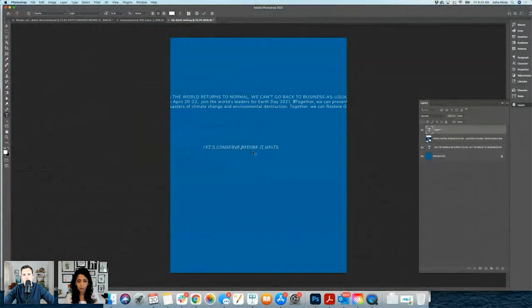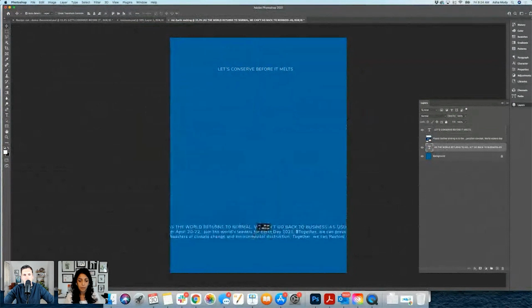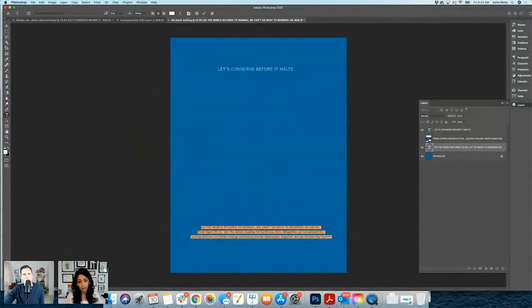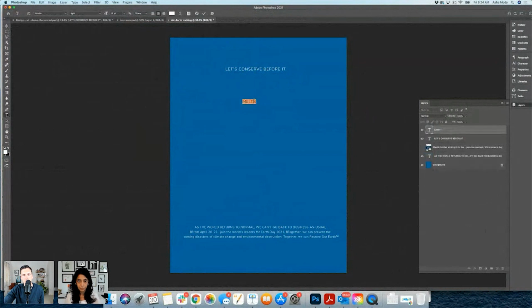I'm typing it on different layers so I can separate them easily. I'm not thinking about what typeface right now, and I'm reducing the type with a Command Shift shortcut. I'm thinking there can be a little contrast in the type, but I think the word melts should be highlighted, because that's the main message, that Earth is melting. So I'm again typing on a new layer.